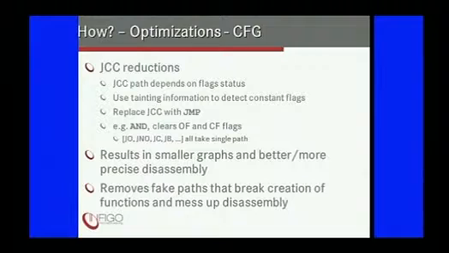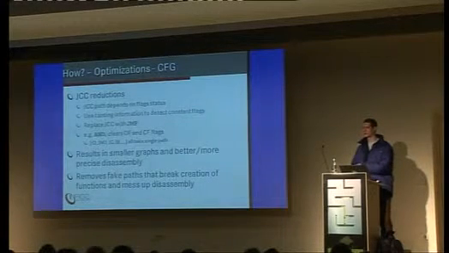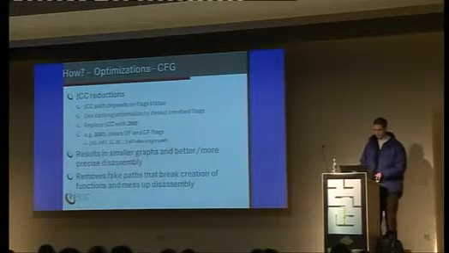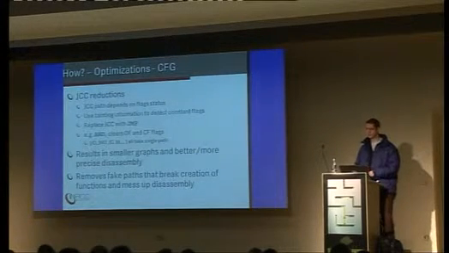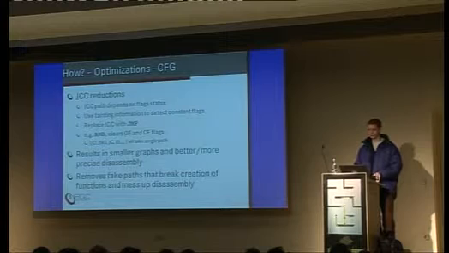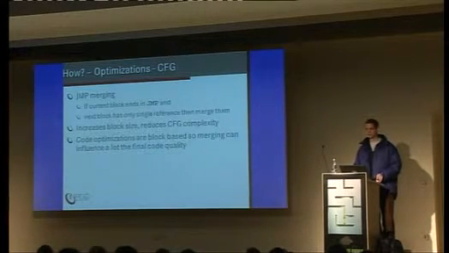This optimization results in a smaller graph and better, more precise disassembly. Because if you prune the fake path, you will not encounter some bad disassembly, unknown opcodes, and stuff like that. And also, fake paths can be used to break IDA's function reconstruction algorithm, so you can also use the graph view. Jump merging is a very simple